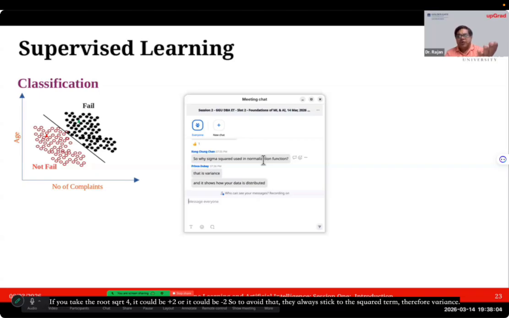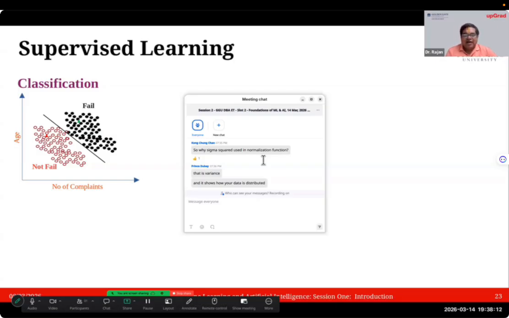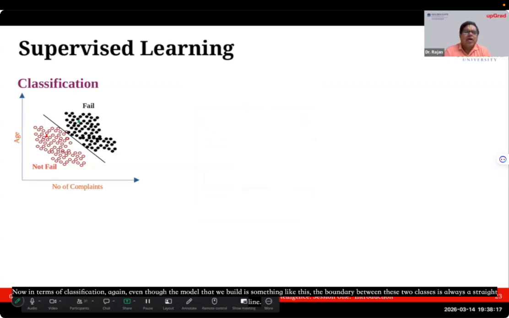If you take the square root of 4, it could be plus 2 or it could be minus 2. So to avoid that, they always stick to the squared term, therefore variance. And yeah, it shows that kind. Yeah. Now, in terms of